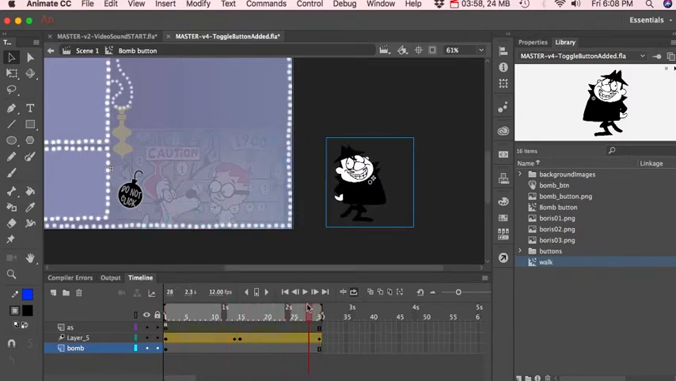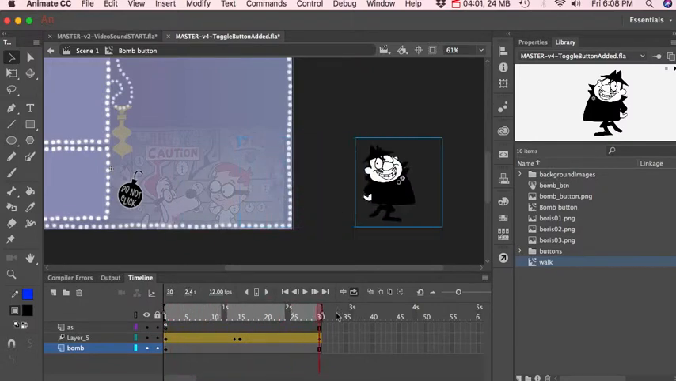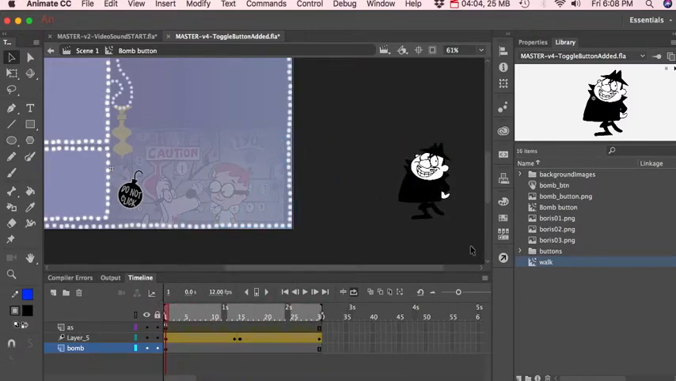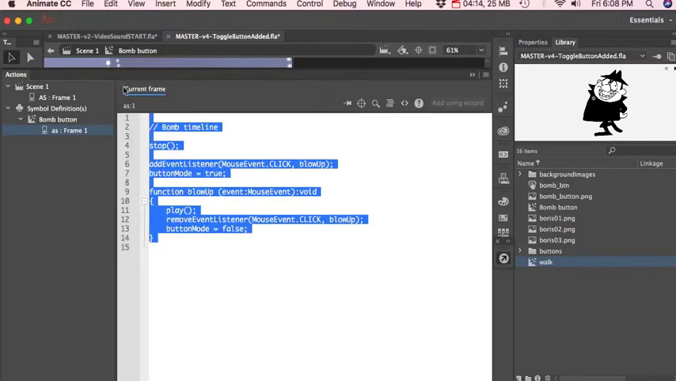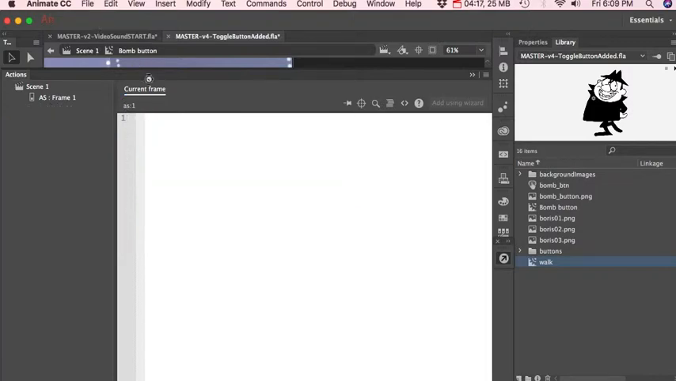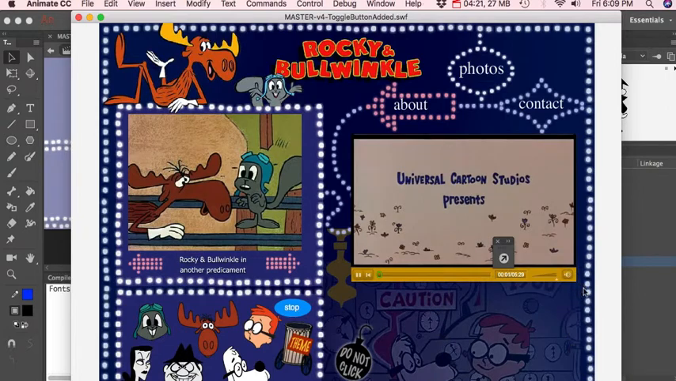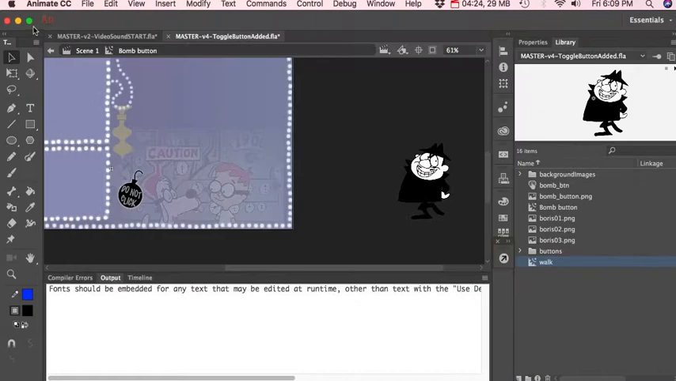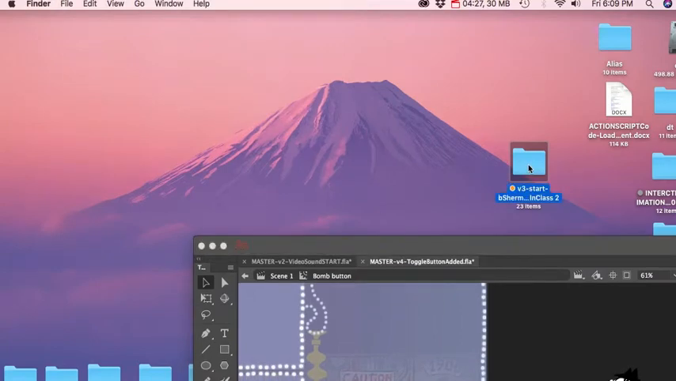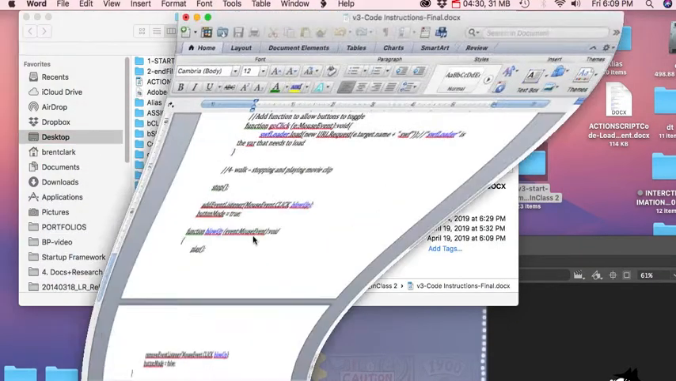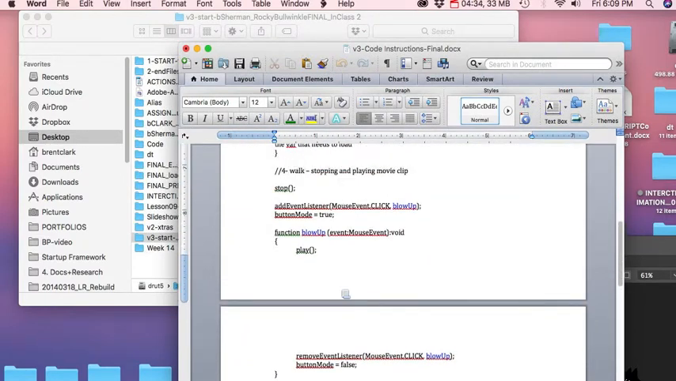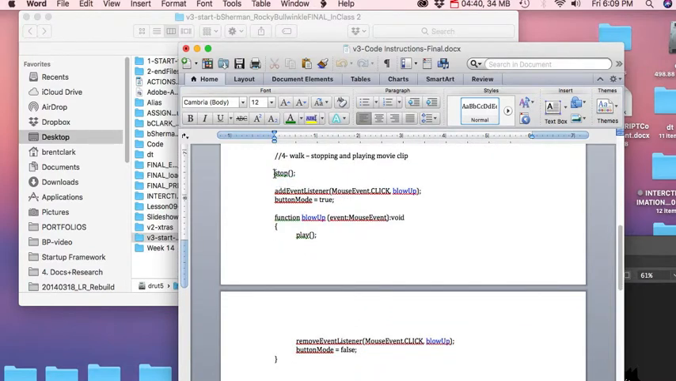Now normally when you do that, this will just keep on playing over and over again when you test it. So that's when we go in and create our ActionScript. Let me see if I can show you that. Let's take out our ActionScript real quick and do a test. So you see he'll just keep on going back and forth, back and forth. If you go into your version 3 code, it should be under 4 walk, stopping, and playing movie clip, and this is the code we want, so we can copy and paste that. So copy,